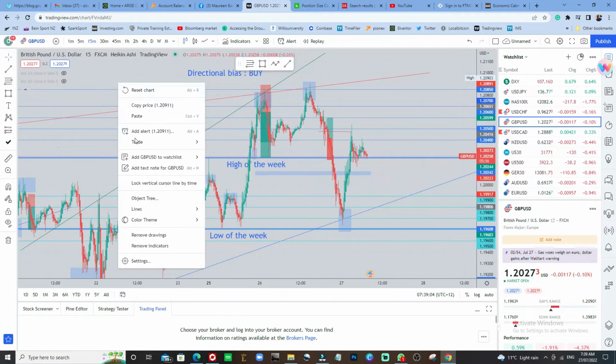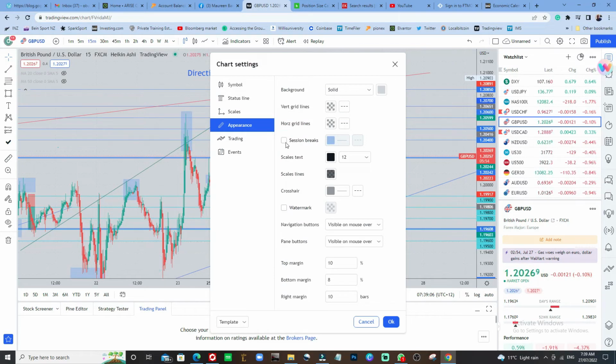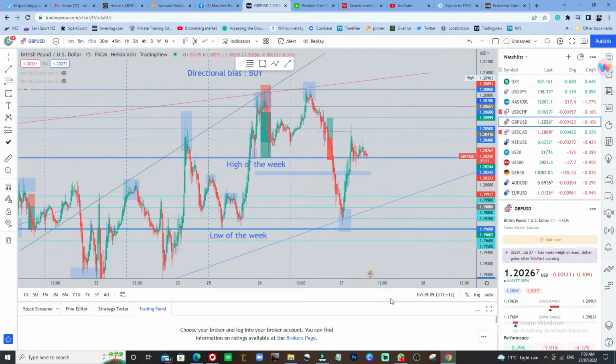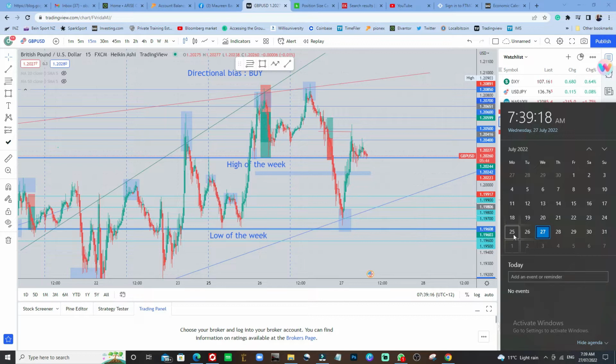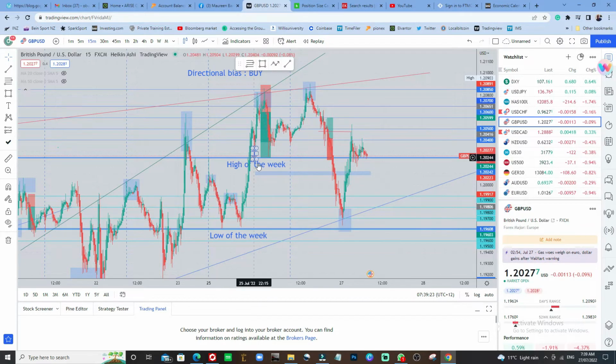You can see that for this week, let us put our sectional break. Let's see how far we've done. Now today is the 27th. The 25th is the day that this trading week starts. The 25th is Monday. The whole of this is Monday, then Tuesday, then Wednesday. Today is Wednesday, the 27th.